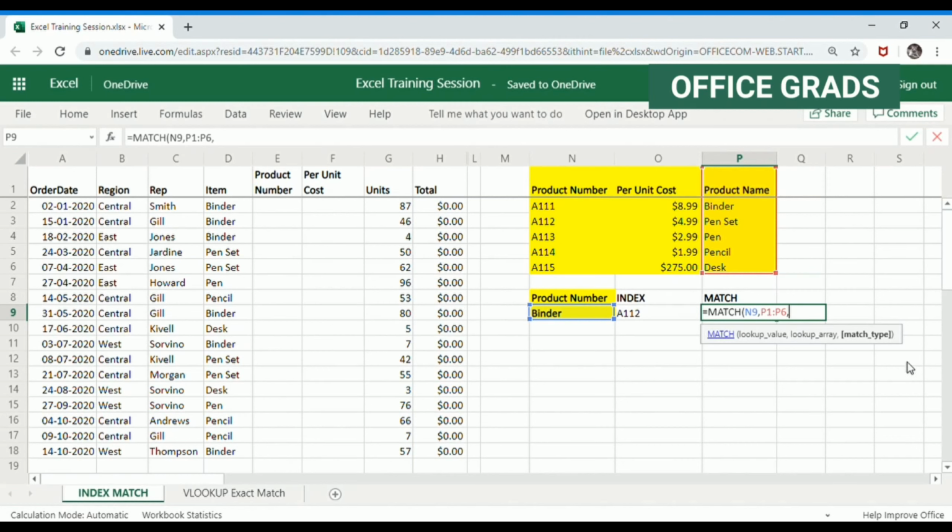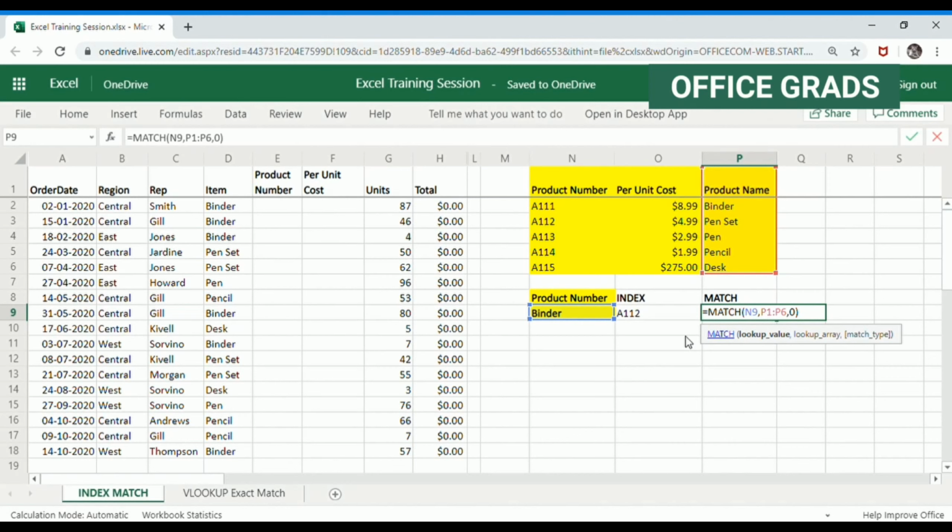So in case of match type, I will type 0 because 0 is for exact match and I'm looking for an exact match over here. And then I hit enter. Let's find out what it is doing exactly. It gave me 2. 2 is nothing but the position of your lookup value. As I mentioned, I selected this N2 as a lookup value.